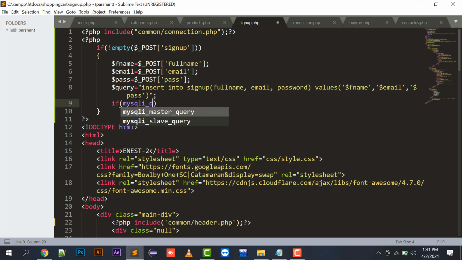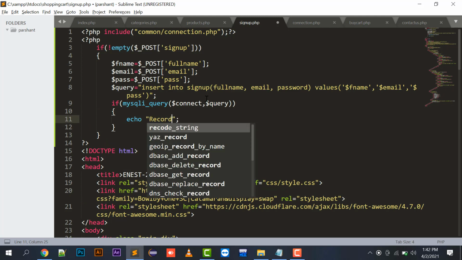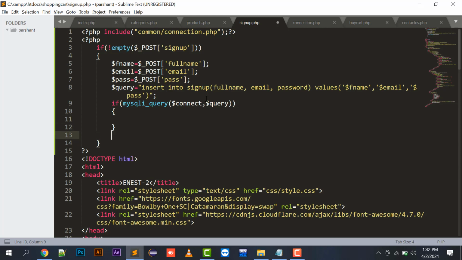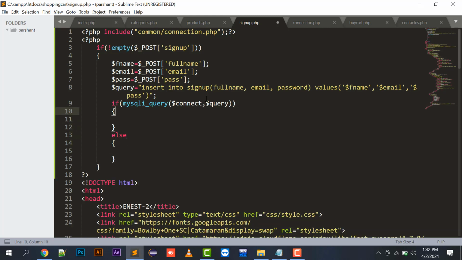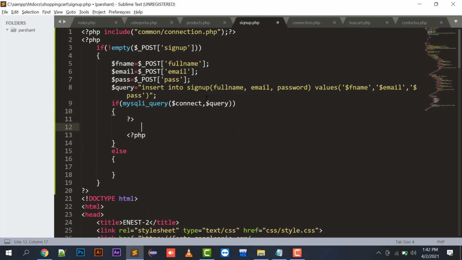Then I have to write if mysql_query, connection, connect query. So echo, if the query has been executed, then it will show a message. Let's do it in another way. I can just end my PHP over here and start my PHP over here, and in this I can write my scripting part also.